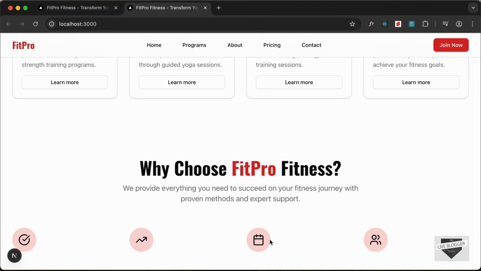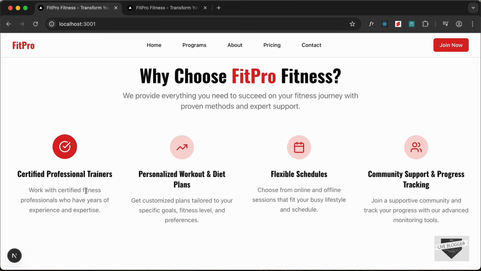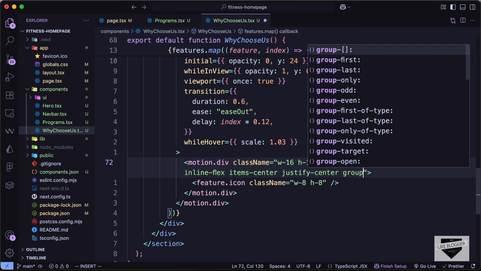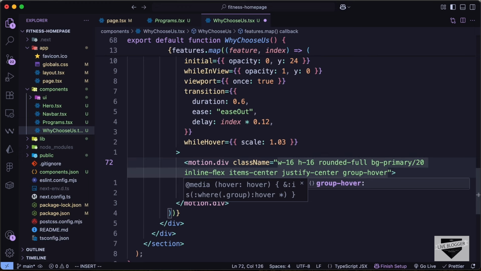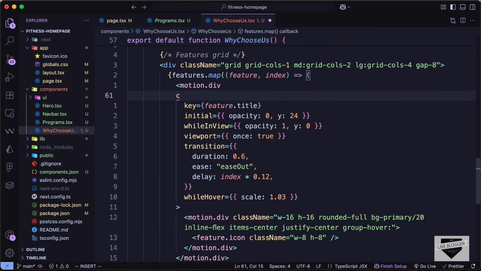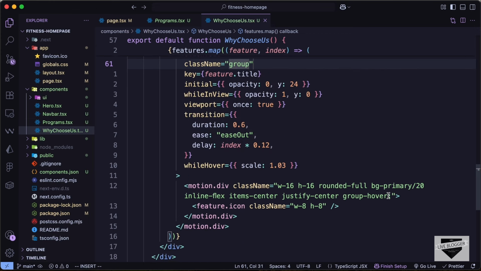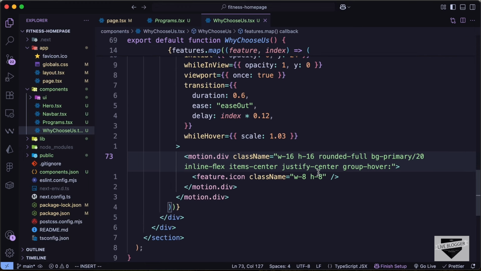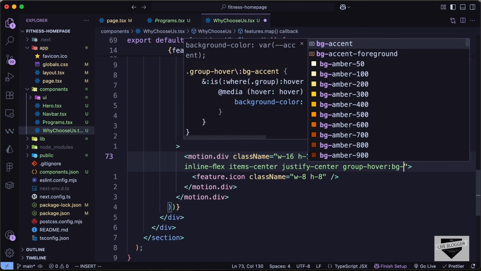And now when you hover over this, we need to change the color to this primary color. So let's go ahead and type group hover. So we need to add the hover effect when we hover over this whole group. So let's type group hover, and here we need to add a class name called group. Right here let's type group hover. So when we hover over this main div, we will have the styles added to this icon. So group hover BG primary,